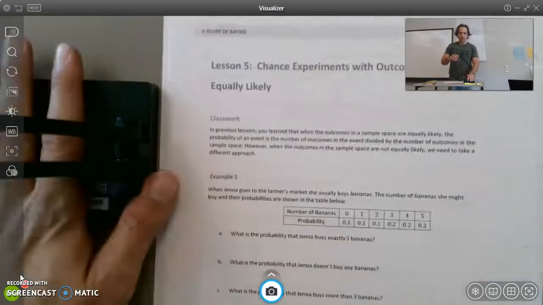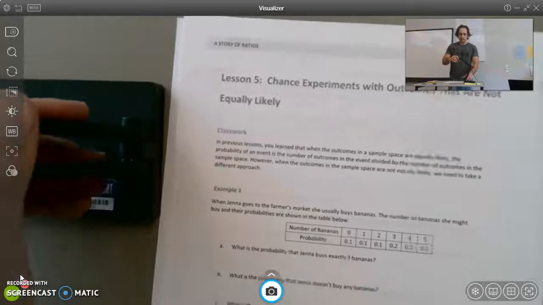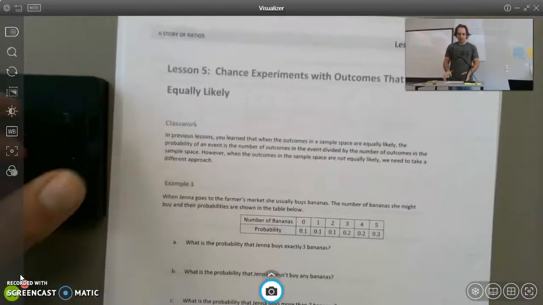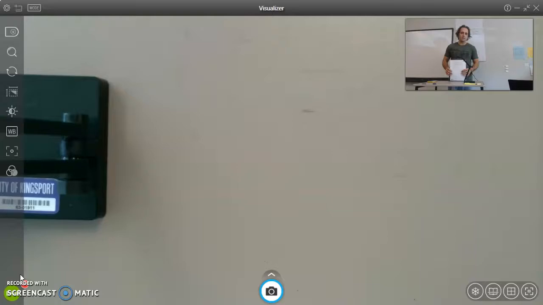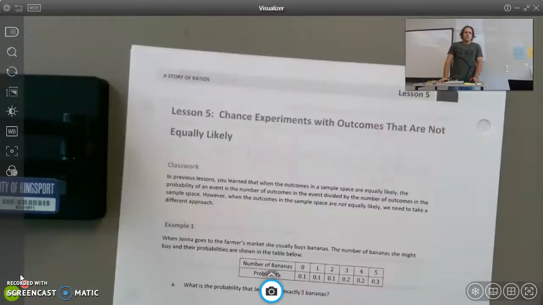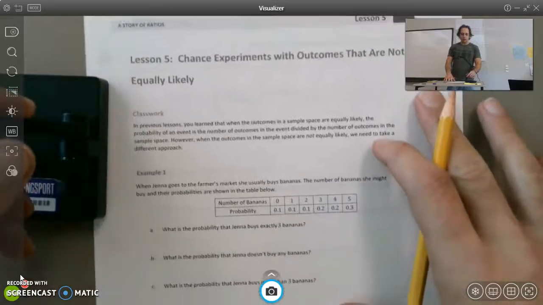Today we are looking at Lesson 5 of Module 5. In this lesson we are going to start to look at chance experiments where you don't have equally likely outcomes. Like, what if your spinner had spaces, but the spaces weren't all the same size? Or the probability of coming up with one outcome is less likely than the probability of coming up with a different outcome. So we're going to start to look at how we tell the probability if the chances are